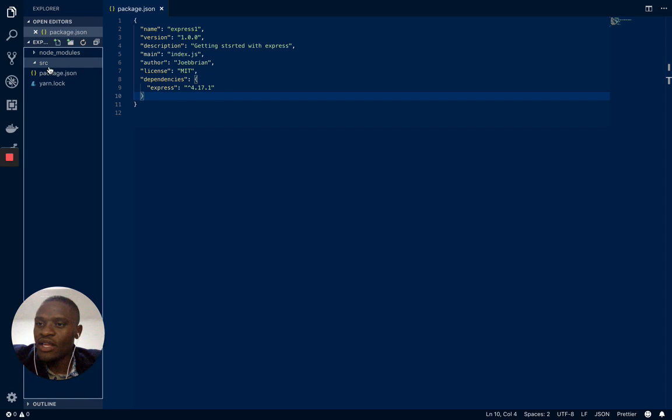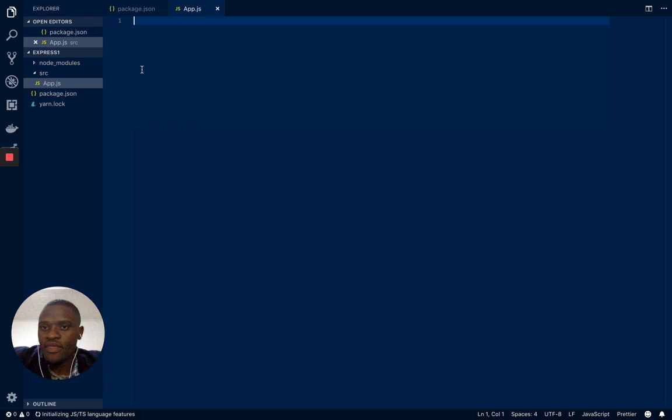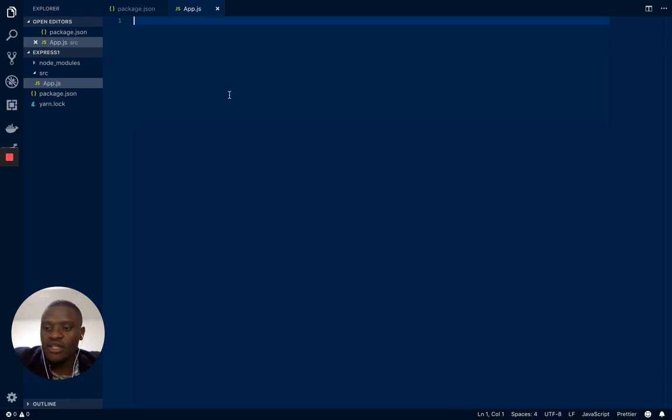So let's go to the source folder, then let's create a file in there. We're going to name it app.js. Okay, then in here, don't mind VS Code there. In here, that's where we're going to have our app, which will be our server, and this is where we're going to have the code that does the logic that we want done on the server side. So first things first,